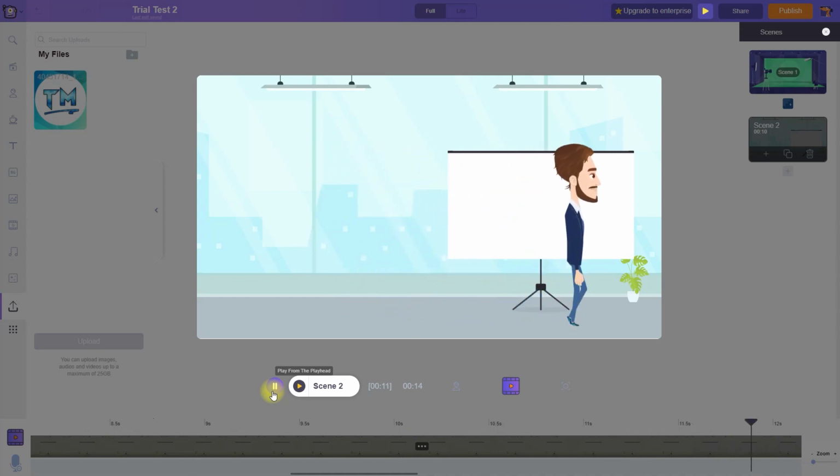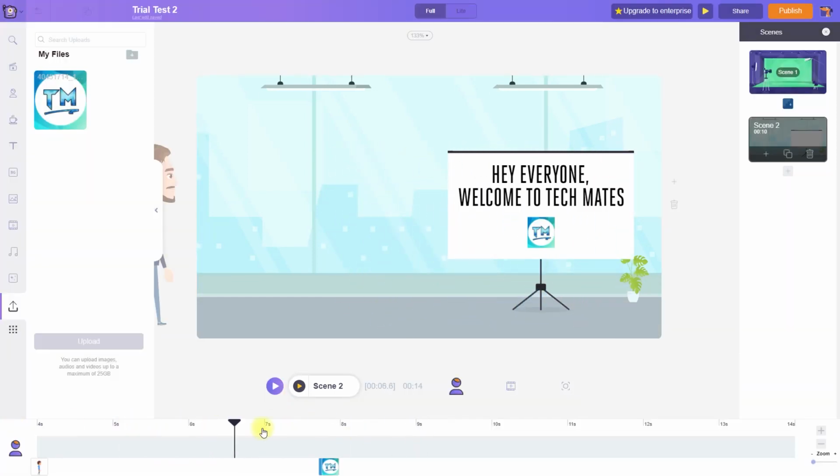Yeah, that's good. We have the animations ready. Now we'll be testing out the text to speech. I'm not importing my own audio right now because I have tested that out. It is working smoothly. One problem I have noticed with that is when adding sound effects and music, it is very difficult to see what a character is doing and where can we add the sound effects because you can't see the exact frame of the playhead.